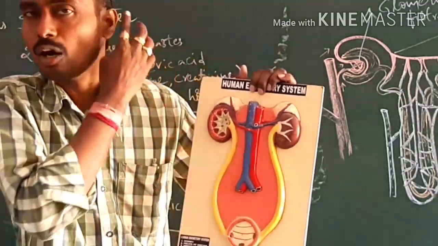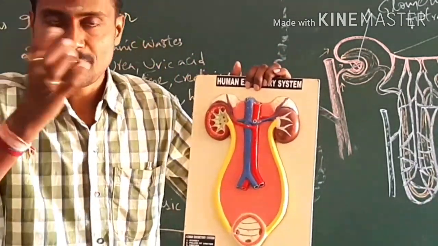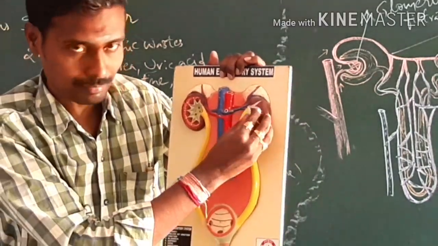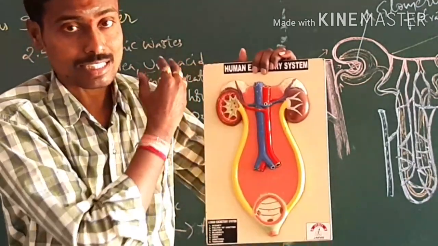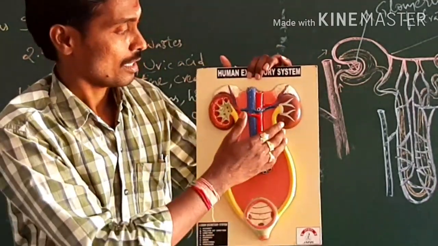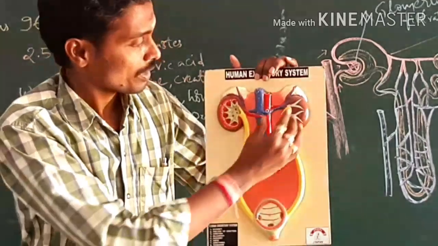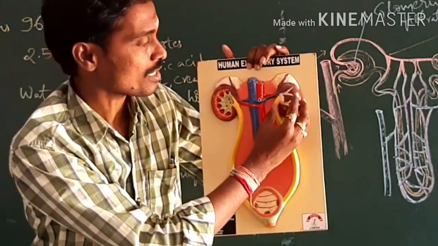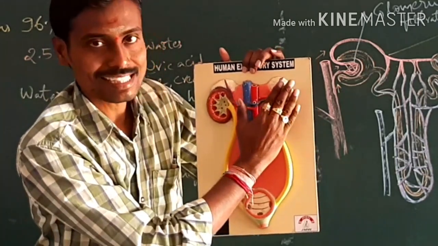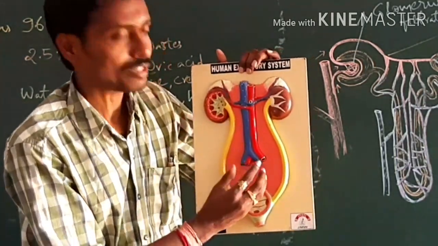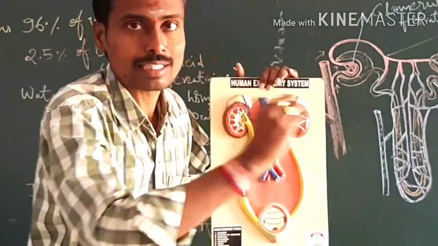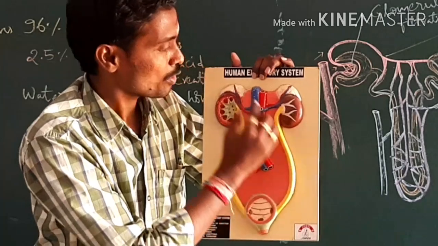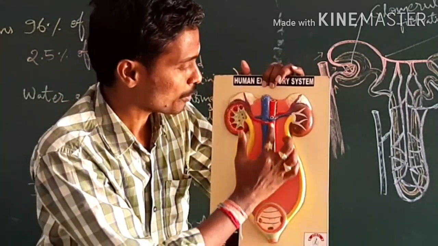Actually, it carries all the nitrogenous wastes from different body parts, and those nitrogenous wastes are to be filtered inside the kidney. As we discussed earlier, filtration of nitrogenous wastes will be taking place inside the kidney. For that, what is required? Those wastes are to be brought to the kidneys. By whom are they brought? The renal artery. So that's what we observe, the entry of the renal artery.